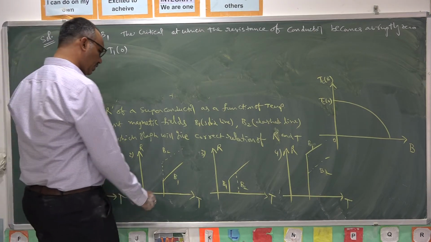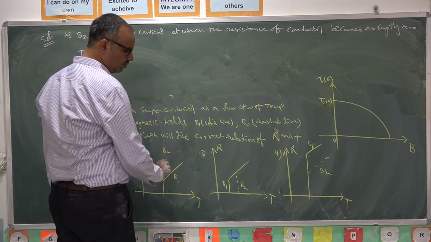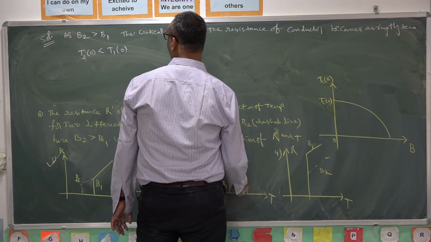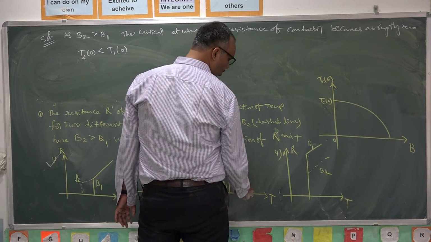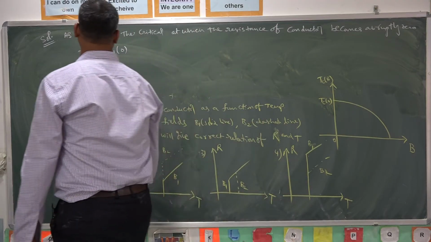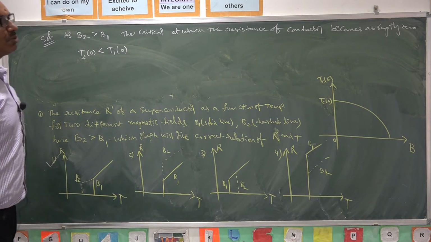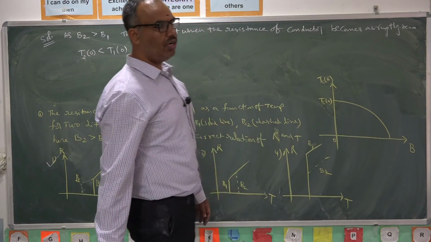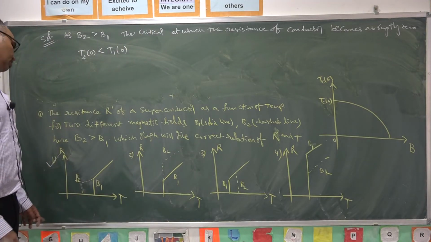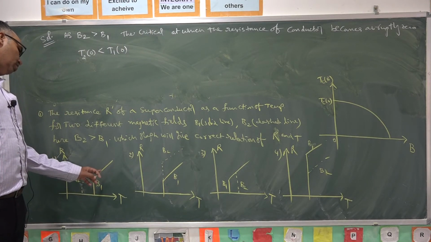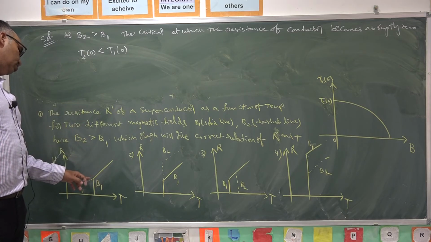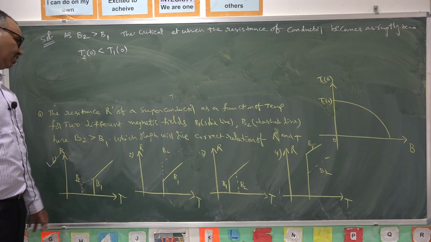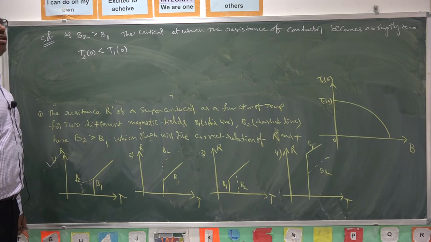In this case, critical temperature is the same for both the cases, so it is a wrong option. Critical temperature in the B1 case is less than the B2 case, so this is also a wrong option. This is also a wrong option. The correct option for this question is this one. As per the question figure, B is inversely proportional to T. As B is more, T is less. As B is less, T is more. Here, B value is more, so T value should be less. Critical temperature for the second case should be less than for the first case. So this is true for the given question.